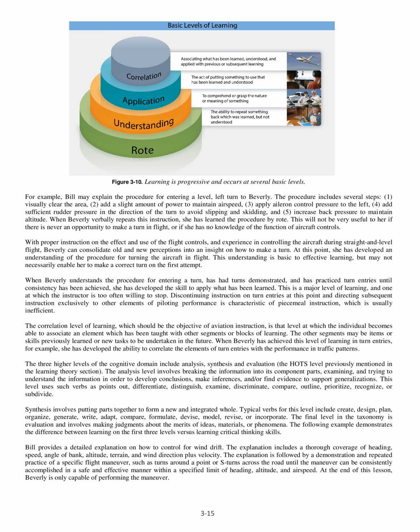The 3 higher levels of the cognitive domain include analysis, synthesis, and evaluation, the HOTS level previously mentioned in the learning theory section. The analysis level involves breaking the information into its component parts, examining, and trying to understand the information in order to develop conclusions, make inferences, and/or find evidence to support generalizations. This level uses such verbs as points out, differentiate, distinguish, examine, discriminate, compare, outline, prioritize,